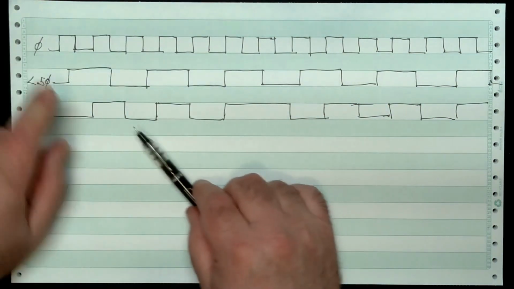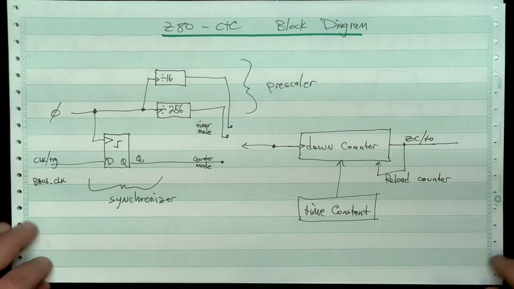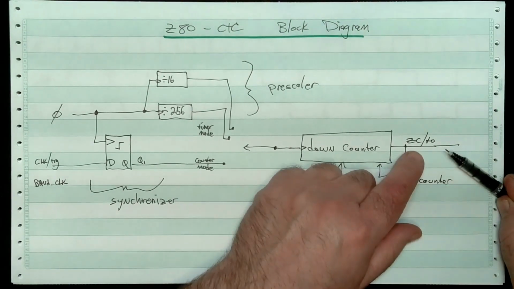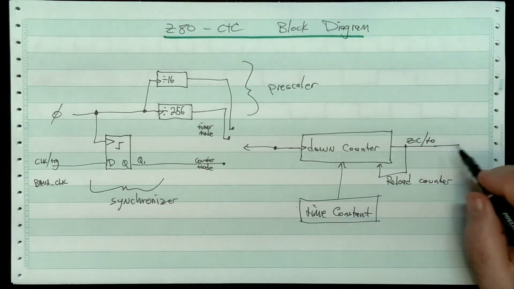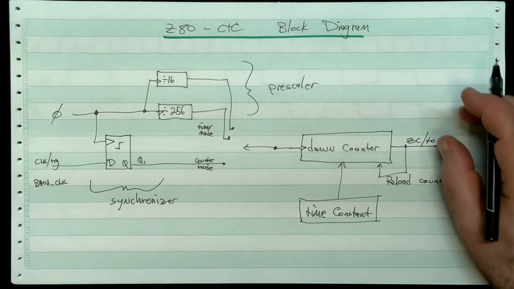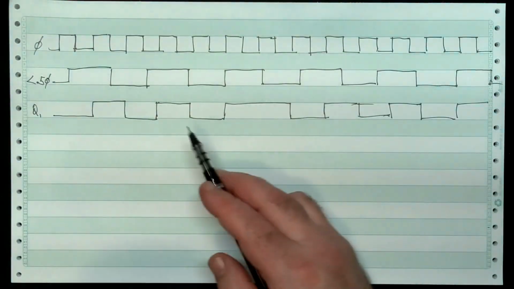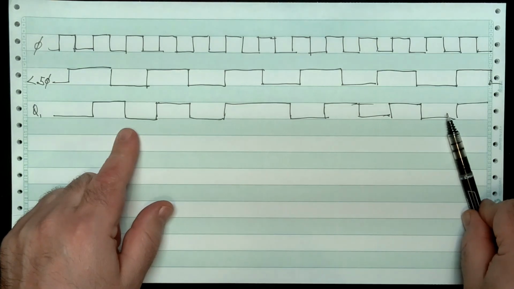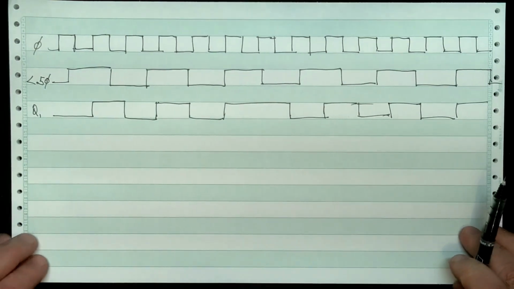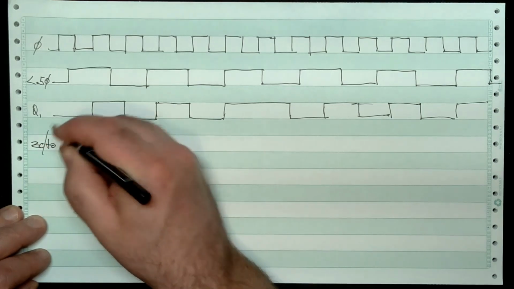All right. So how does this matter? Why do we care about all this? Well, when we're dealing with the value that comes out of Z80 over here, what'll happen is it'll run at a certain rate, but every now and then there'll be an extra pulse or an extra gap between two pulses that come out of that signal over there, because it's going to be based on this. All right. If we wanted to add the ZCTO output to this graph,